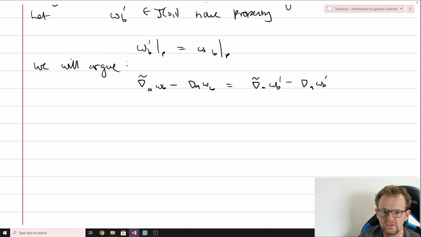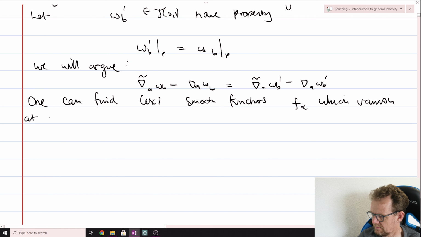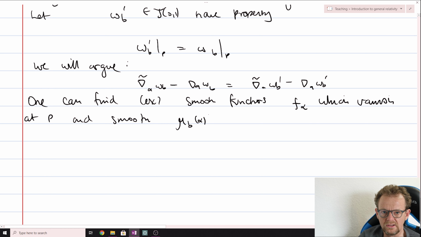Now, the way to argue this is to use this exercise from the Taylor expansion exercise that we considered, I believe, in lecture 3 already. So one can find, by exercise, smooth functions f subscript alpha, which vanish at P, and smooth dual vectors mu b. I'm going to have to use a funny notation for these because I don't want you to think that these are tensors of type 1, 1. No, they're just a list of dual vector fields